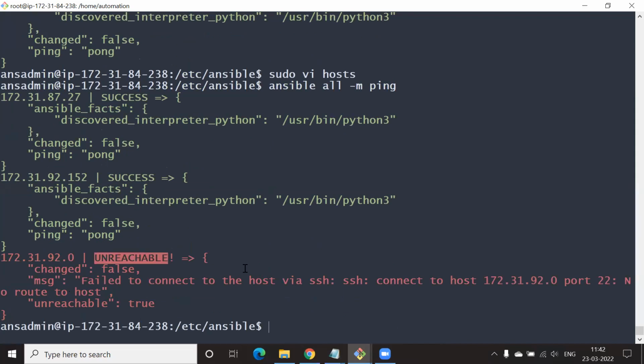Unreachable is true again. The message says failed to connect to the host via SSH. So what does that mean? Maybe it is trying to SSH into that system and not able to, because there is no host there.